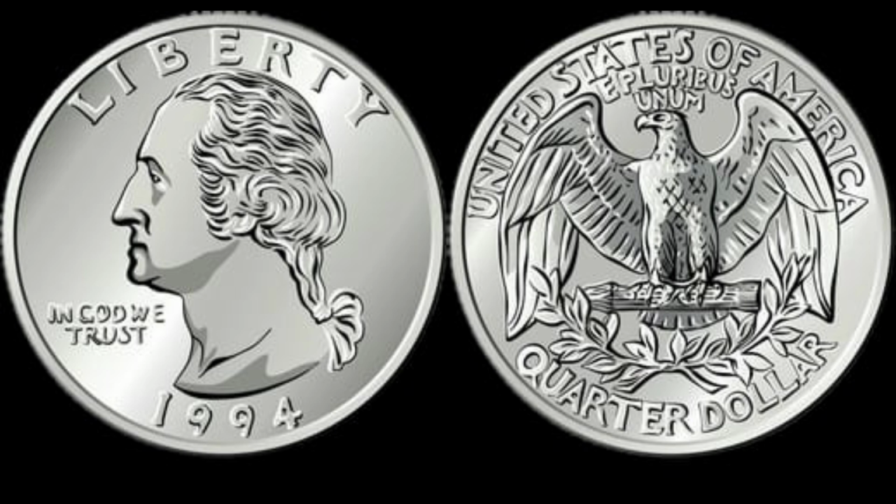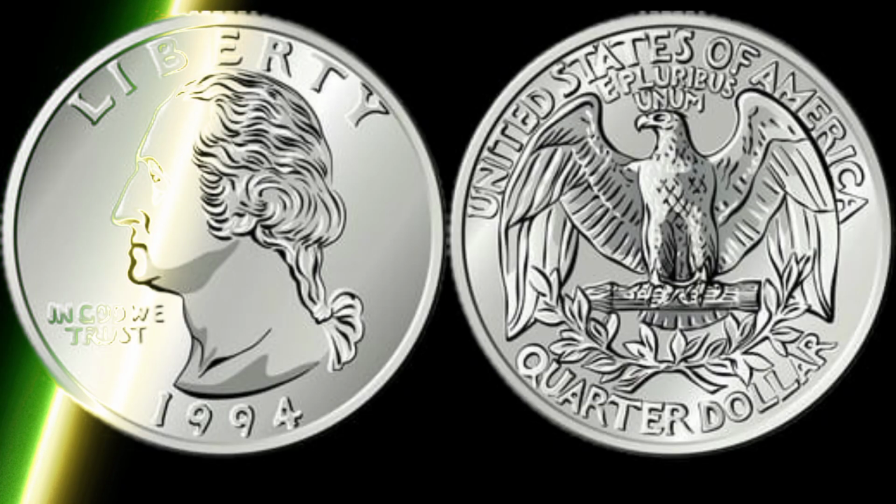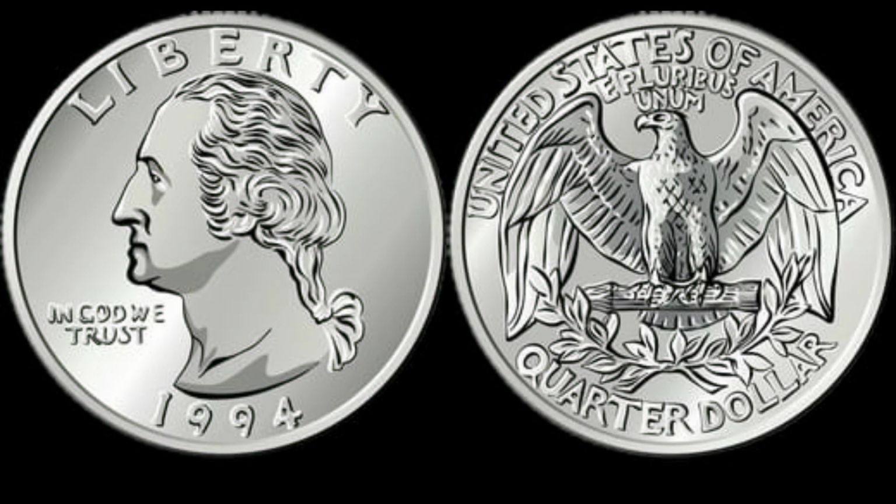And it is in this context that the story of the 1994 quarter begins, because among the coins produced that year, a small number of them were struck with errors that defy conventional quality control standards and even logic itself, starting with one of the most talked about and potentially valuable types of minting errors: the double die obverse, in which the design elements on the obverse side of the coin, such as the profile of George Washington, the inscription "In God We Trust," the word liberty, or the date 1994 itself, appear duplicated or shadowed,